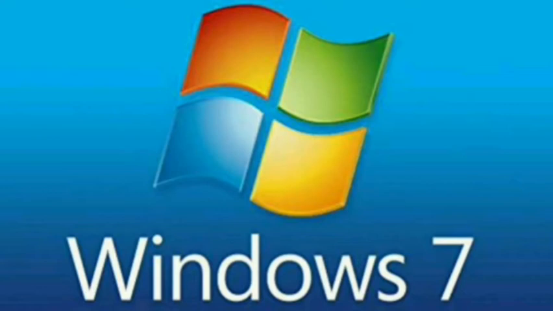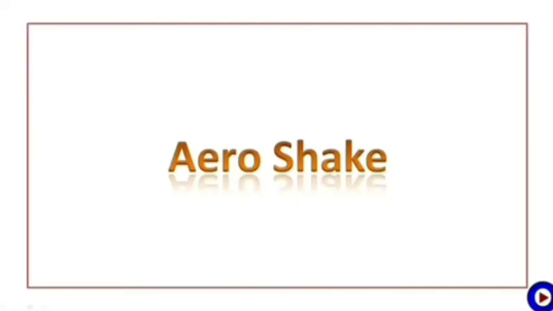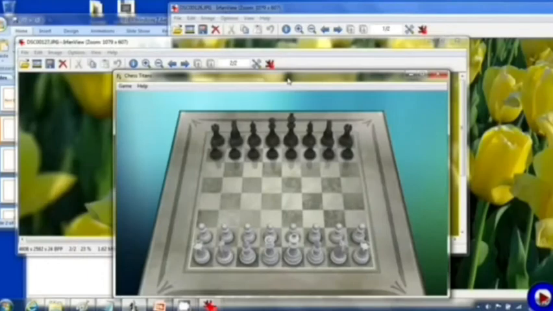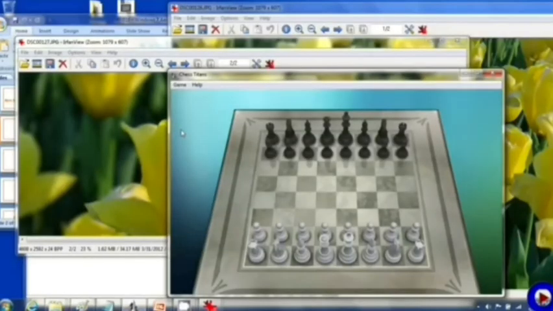Now let's start the first technology of Windows 7. It's called Aero Shake. Suppose you have opened multiple windows on your desktop and you want to minimize all except one where you want to focus right now. You can do it quickly by using Aero Shake. You can minimize all your windows to the taskbar quickly using the Windows button, but here you want to minimize all except one. The Windows 7 Aero Shake feature will help you to do so quickly.